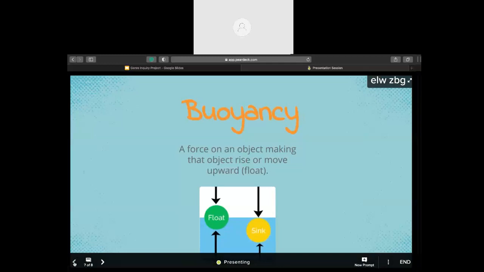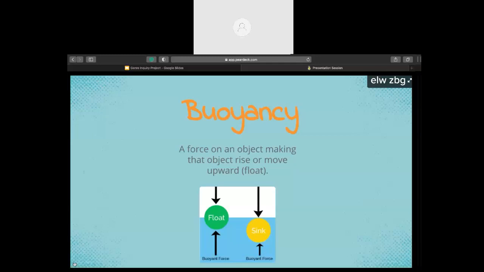Okay, class. As Amanda just said, we're going to be talking about buoyancy today. So we're going to move on. Okay, scientists, it's time to put those lab coats on and those goggles to use. Let's test buoyancy today. We're going to be using the scientific method that we reviewed last week.